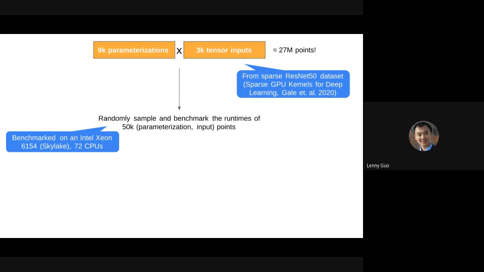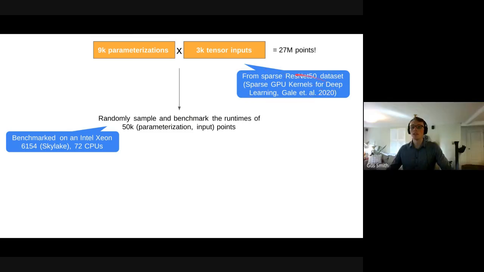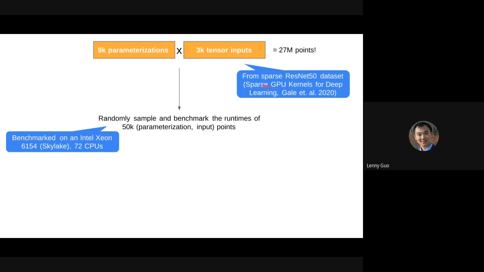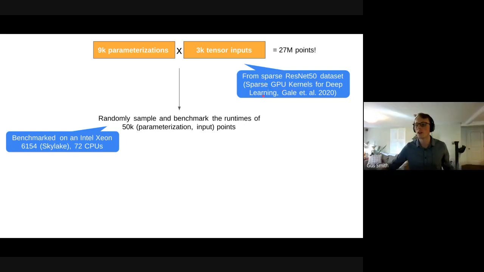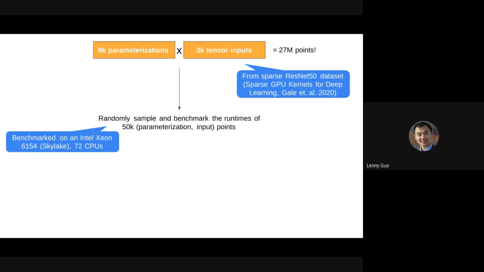Okay, so do they release their data set? This data set here or ours? Yes, this data set here. I should have included a link, but I can put the link in the MLIR Open Design Meeting doc afterwards. Okay, great. Thanks. If you Google this paper title, you should find a GitHub link, and you'll find the data set there. And it's a big data set too. We are only using the ResNet 50 portion of it, but the transformer portion is even larger, which is really nice. Okay, that's great.